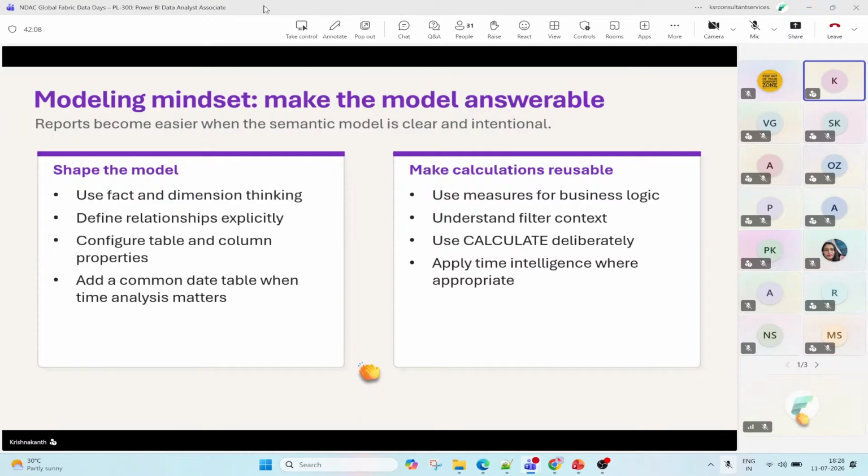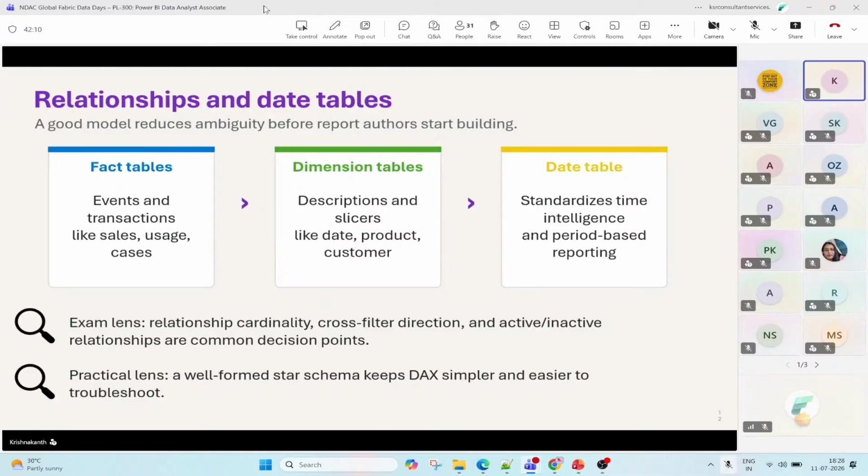So moving on. Mostly the fact tables will be having the numerical data, and the dimension tables, like the product table or the customer table, will be having the textual or categorical columns, where we'll be utilizing slicers also. We have to ensure that we utilize them from the dimension tables. And if you don't have a date table, you can also create a date table, and provide the relationship with respect to the fact table based on the date columns. That's where you will be ensuring that the right relationships have been implemented before going with the visualization.